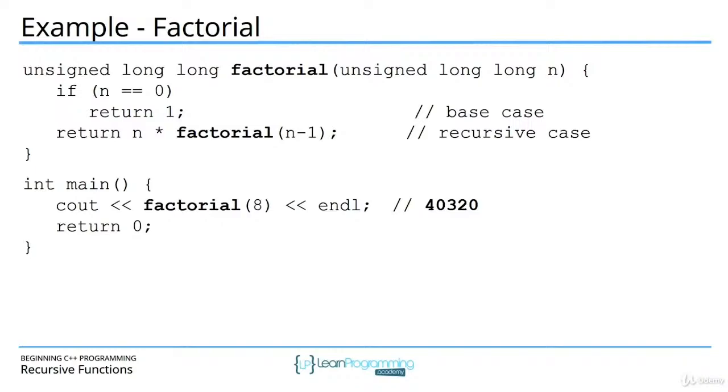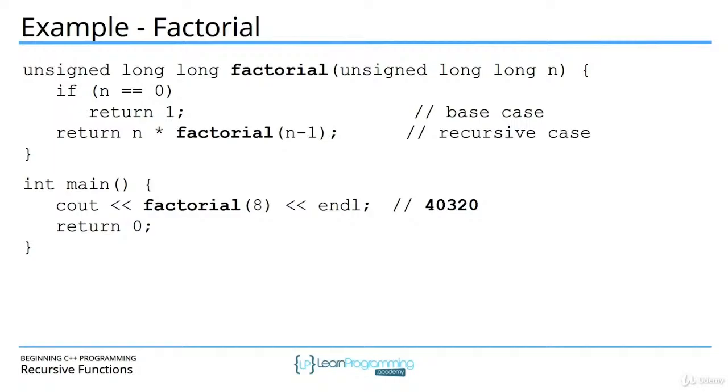So let's look at the code starting at main. We call factorial and pass in an 8 to the factorial function. When the factorial function returns, the value returned will be output to the console. In this case, we expect 40,320. Okay, so now let's look at the factorial function itself. First, we need to decide what types we'll accept and return. The factorial function can generate massively huge numbers. So in this case, I'm using unsigned long as the return type and the parameter type. This can hold very, very large positive integers,